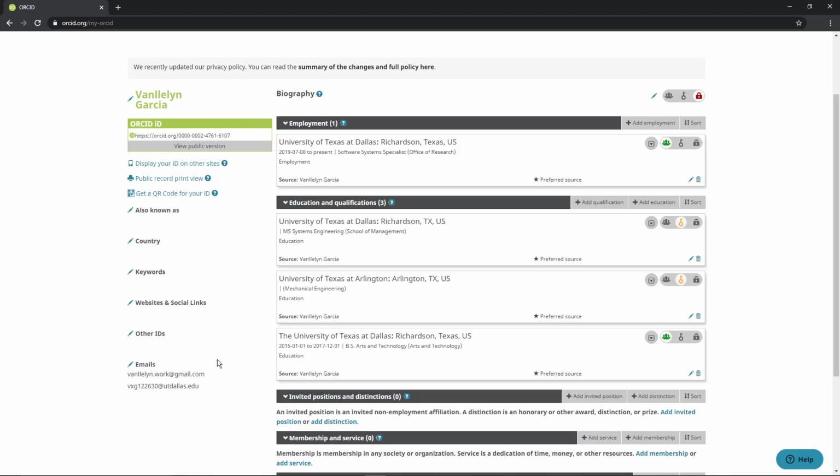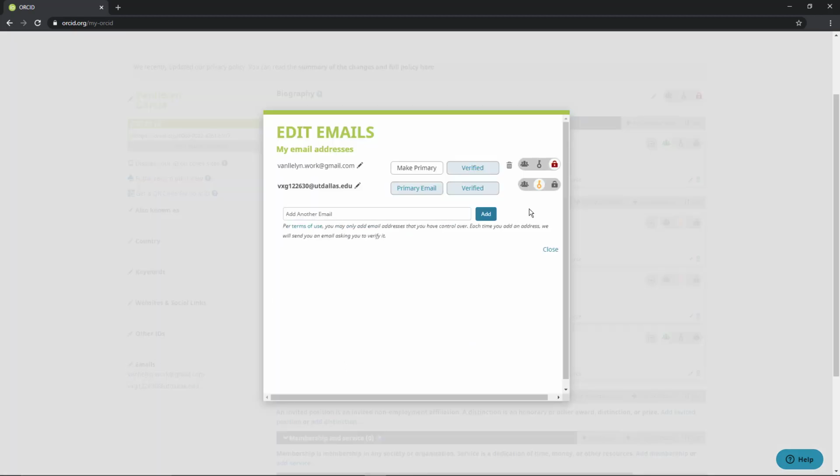ORCID allows you to apply granular permissions to all the information you provide in your profile. Let me show you. When I click on my emails, you can see that this email here, I only allowed trusted parties to see. As for my second alternative email, I've set it to private so that only I can view this. If I so desired, I could make it accessible for everyone, but that's not something I want to